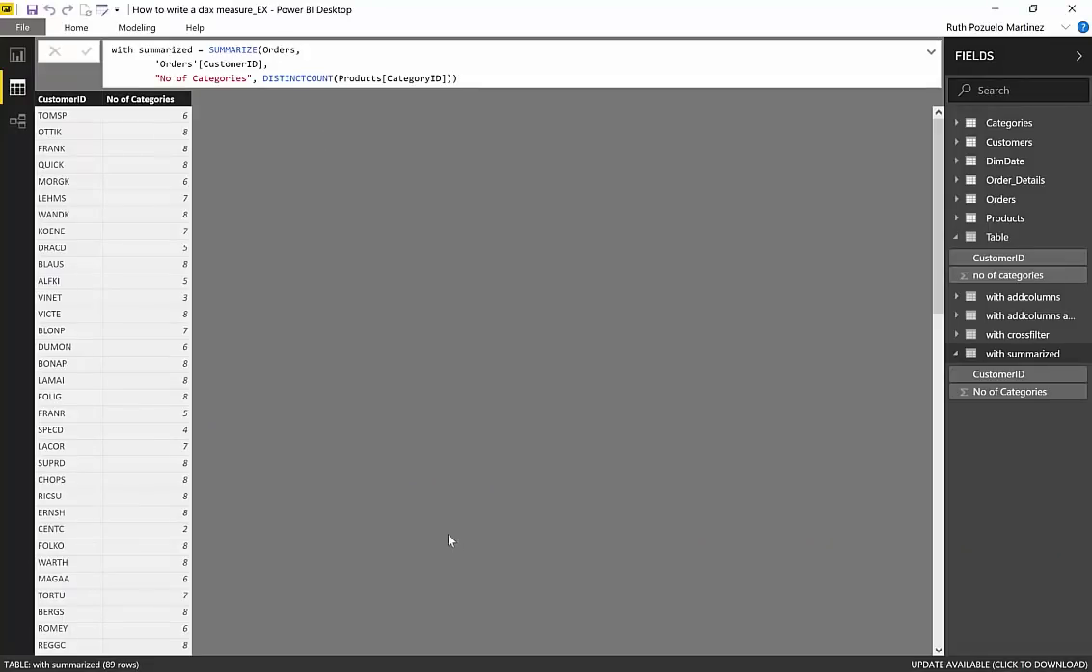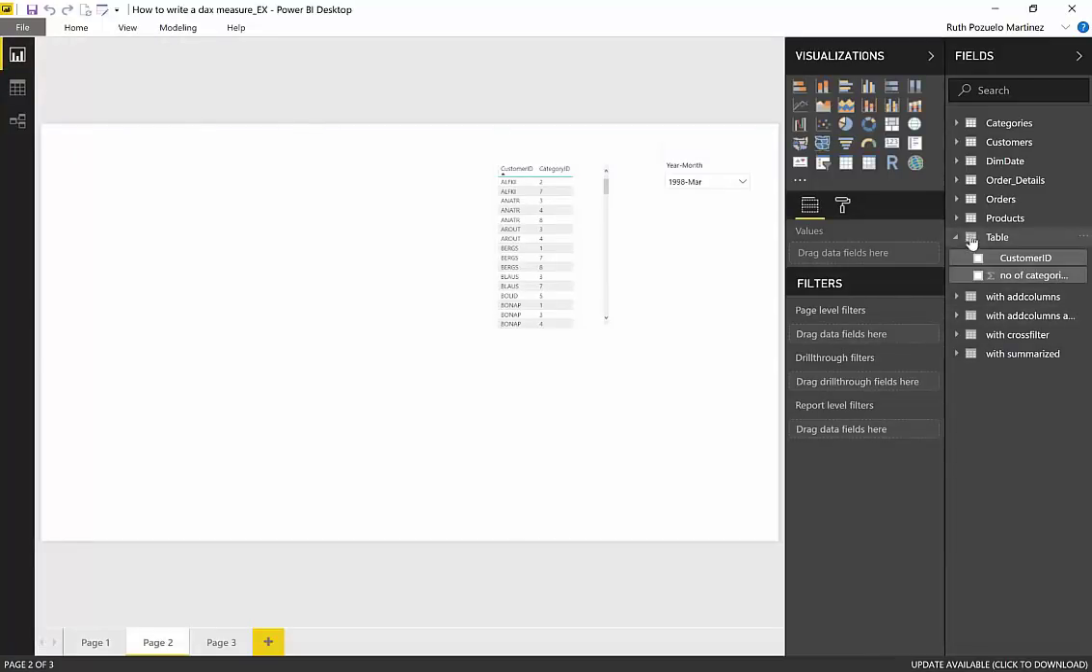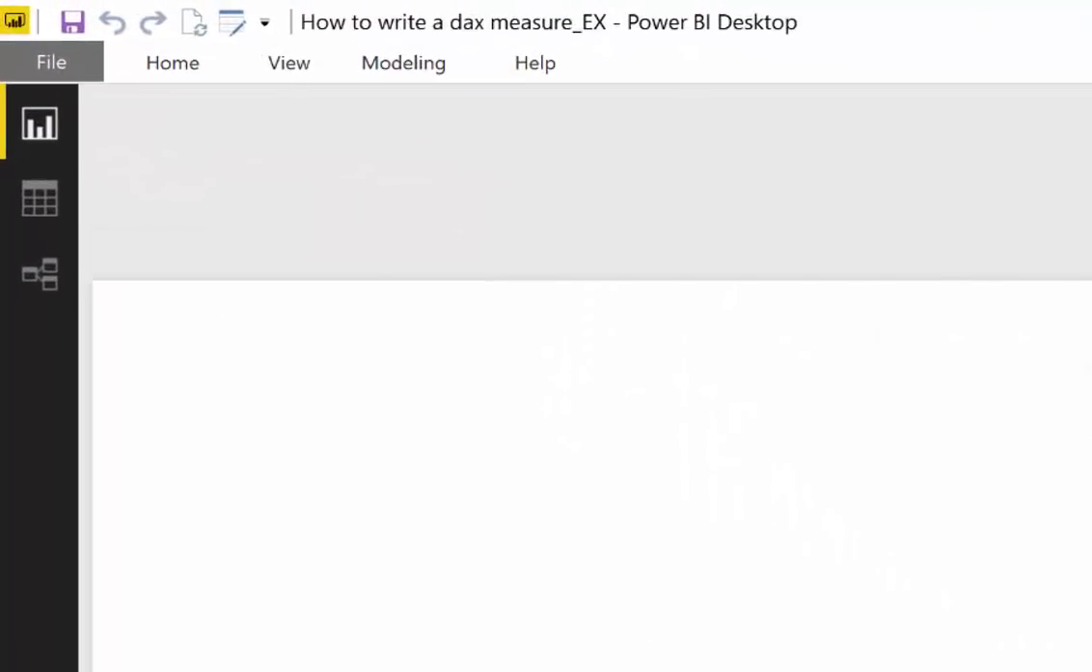So we're actually going to copy this because we don't want to physically create this table. We just want DAX to calculate it on the fly. Okay, so let me copy it. Okay, so we go to our order tables, we create a new measure,